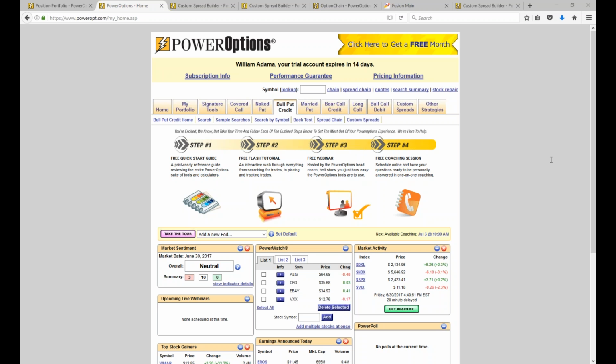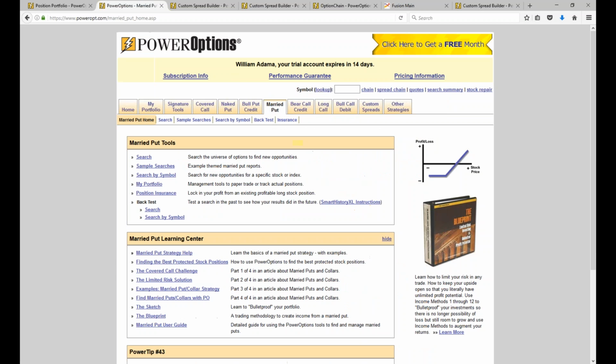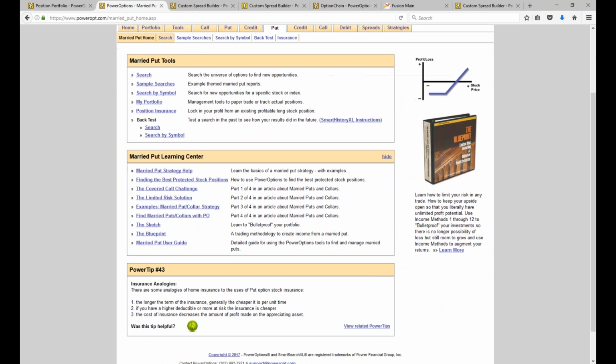Betty says, where do I begin? I've been trying to learn options. I see you have so many ways to do them. That's right, but you own stock, Betty, so there are 2 things I want you to focus on right now. Betty had a power outage and came back. Betty, I want you to go to this page because you're trading stock right now. I'm going to send it to everyone. The link is